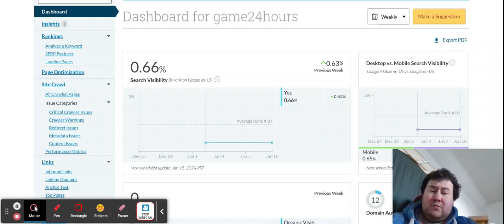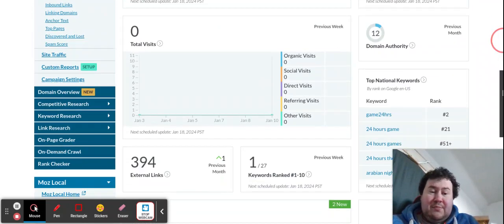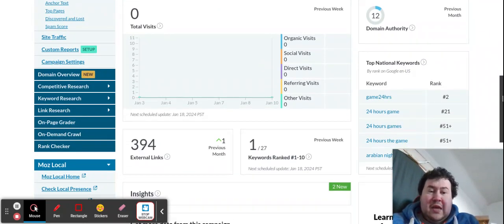With how search engines work, or how Google does things, they might change the wording over. For example, it might be Game 24 HRS, it might be game dash 24 dash hours. They can reword it, or it might be hours game 24, and so on. They can reword things in some cases to allow you to rank for more things, depending on how much authority your site becomes. So here are some examples. According to that, I'm game 24 HRS. I'm number 2, 24 hours game.